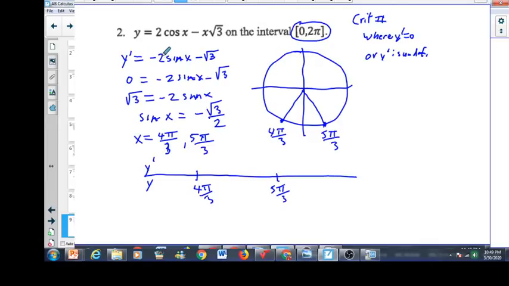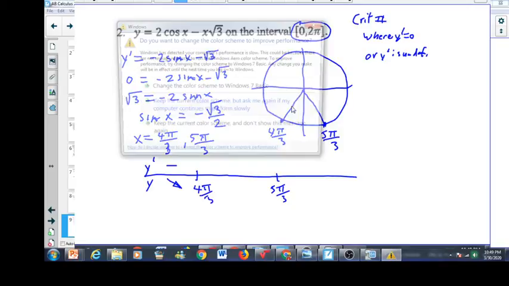If we plug in 0, what is sine 0? 0, right? So we get 0 minus square root of 3. So that's going to be negative in this interval, which means the function will be decreasing, right? And then